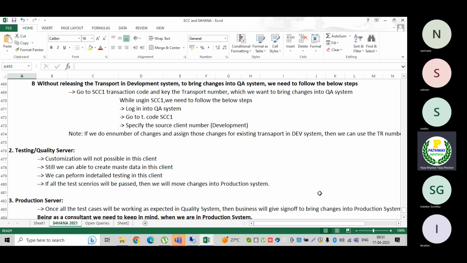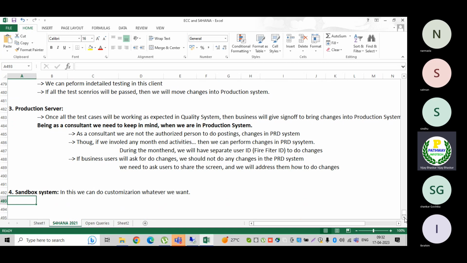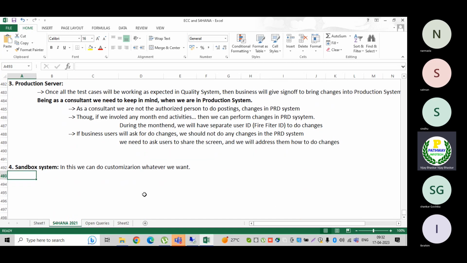Now you have some new business requirement or you want to do your own configuration, without disturbing the client and without following the client business scenarios. Then for every client there will be a sandbox system. In that sandbox you can do anything you want, any customization, and you can do R&D, research.